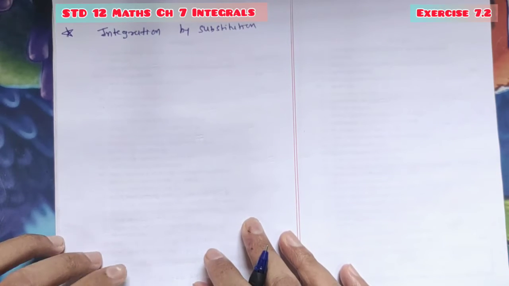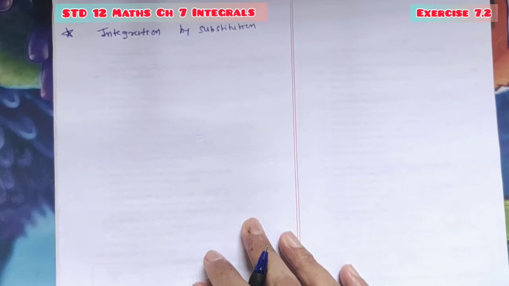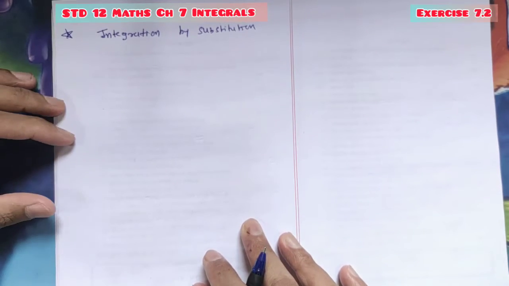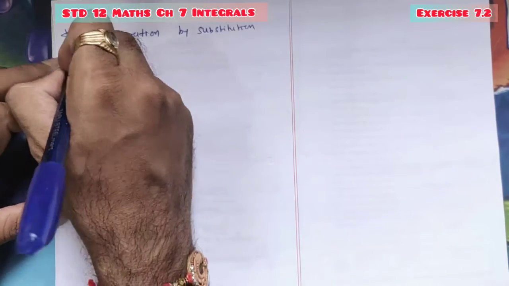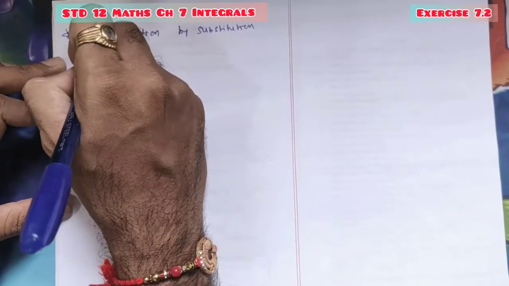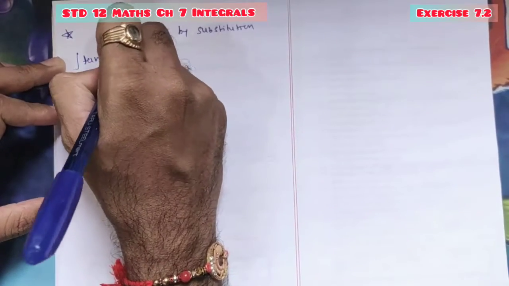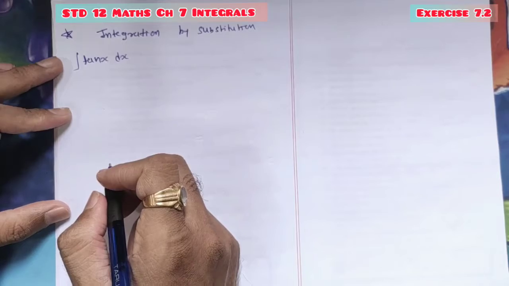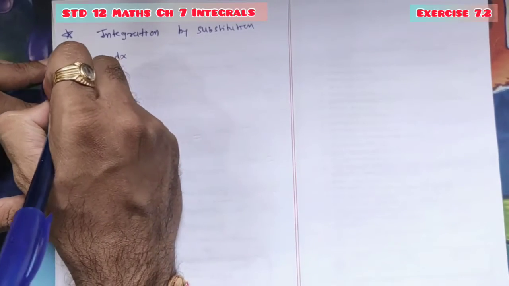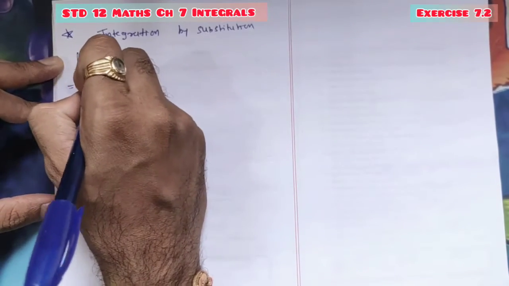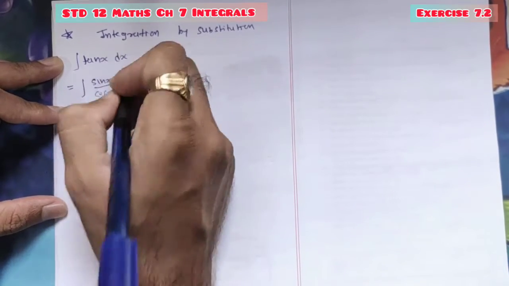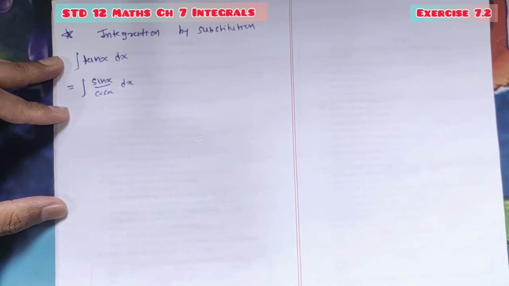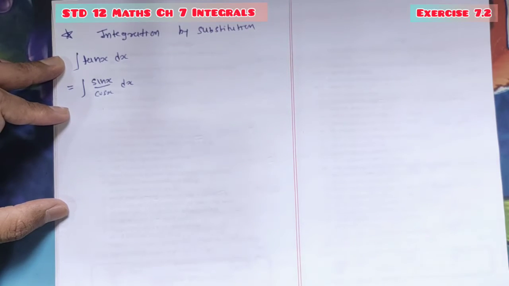That means we know the integration of sin x and cos x, but remaining six trigonometric functions are still left for their integration. So first one is integration of tan x. First you have to derive this integration of tan x dx, right? We do not know its integration. So first, what is this tan x? Tan x can be written as sin x by cos x dx. So here we have to obtain the integration of this tan x by using method of substitution.